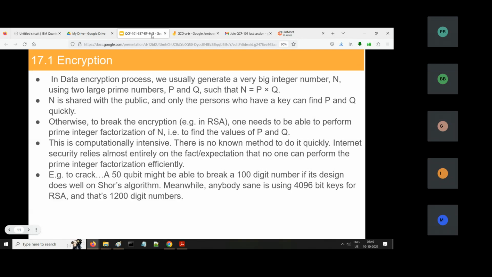And we are talking of thousands and thousands and billions of those 22 digits, which is what we saw. So if you have 100 digits, what will it take? It will take more than hundreds of qubits. To make sure we understand, the public key, which is n, factored as primes P and Q, is what we are trying to protect. That requires heavy computation. For example, a 50-qubit machine might be able to break a 100-digit number if Shor's algorithm is designed well, but that is for a 256 bit. Now, if you are using RSA of 4096 bits,